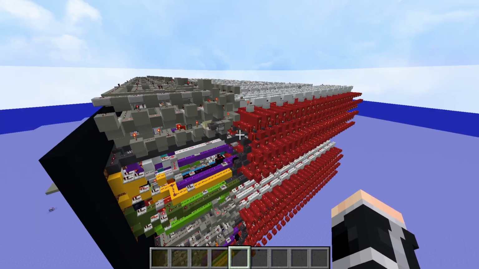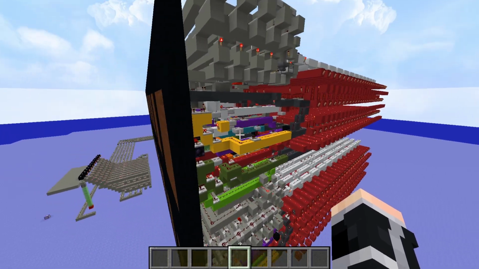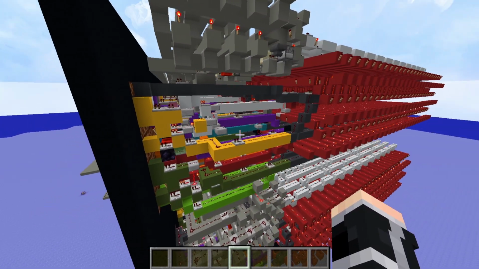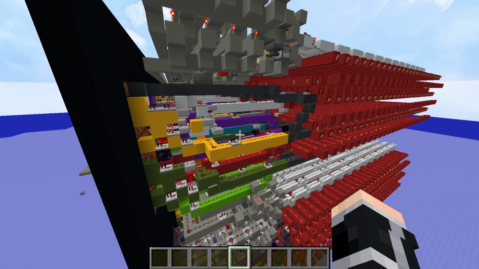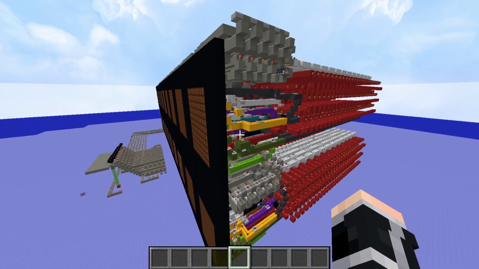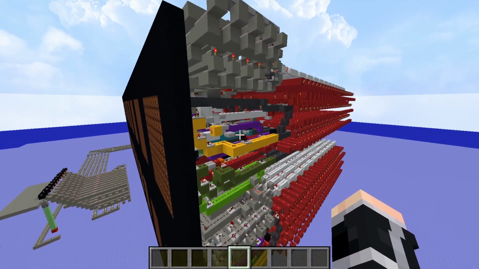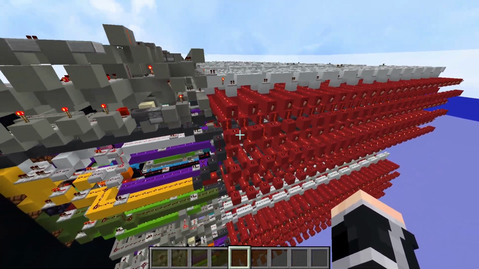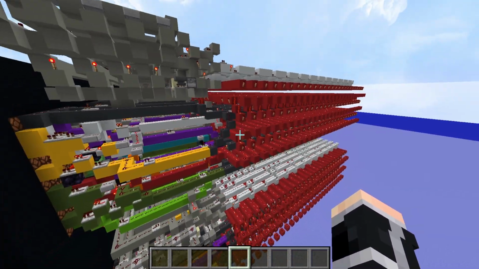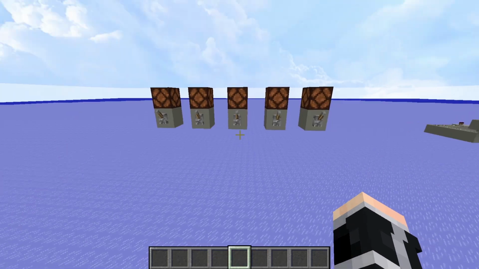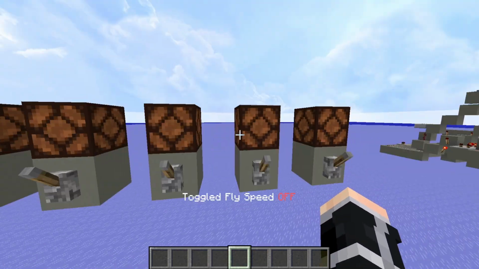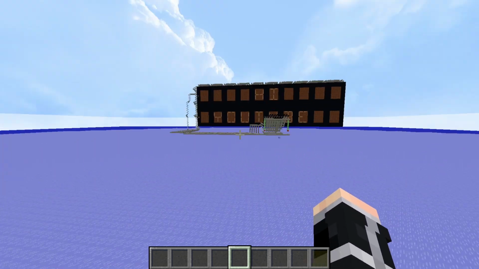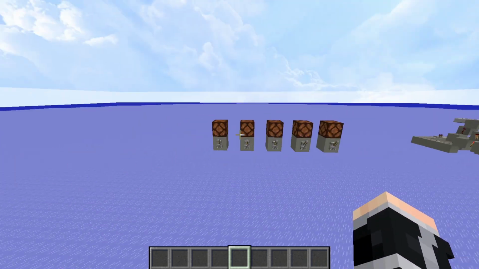Now, for explaining how the display works, because I think that is the easiest part of this computer, I want to do a different example, because if I show you from here, you probably won't understand anything. So I will use these 5 redstone lamps to write letters on the screen,